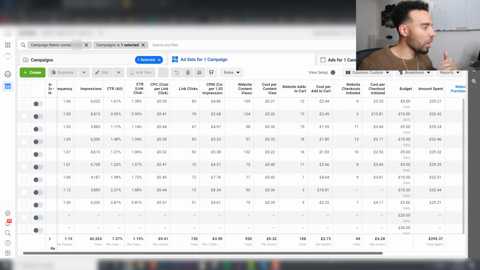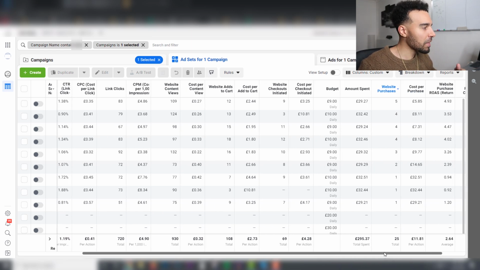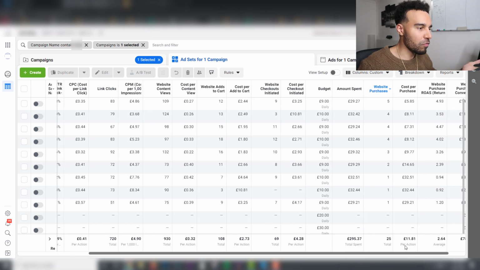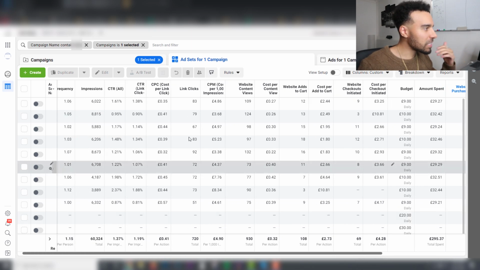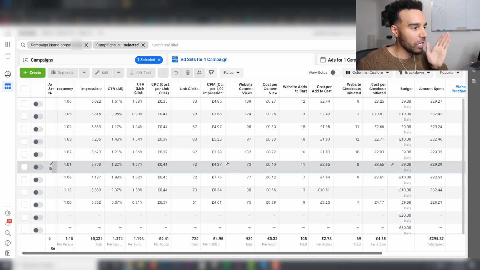Now, in terms of what I should be looking for, let's say for example this isn't 2.64, and it's 0.1 or it's 1 ROAS or I'm breaking even. Out of all of these metrics that are happening, what should you be looking for? I'm going to talk about that inside of the ad account, so it paints a clearer picture for you. And also I'm going to do a bit of a presentation at the end just to clear things up and give you some bullet pointed solutions of what you need to do